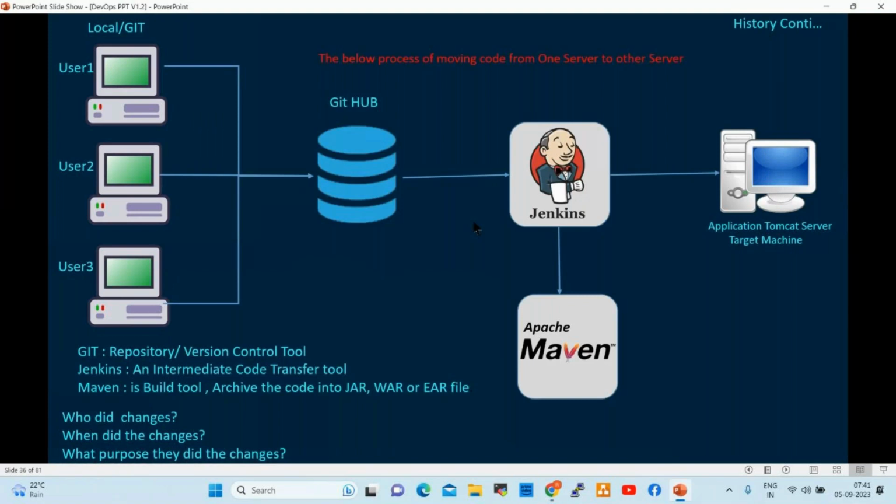So in the DevOps process, we require different DevOps tools, right? These are the tools we are going to use in real projects. Currently, most of the project teams are using Git, Jenkins, Maven. Jenkins will push the raw code to Maven.